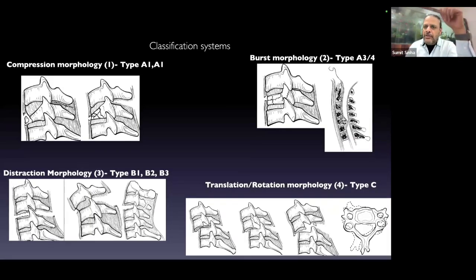So, starting with a slight recapitulation of what has already been discussed, and this is very, very important because when a patient comes with a cervical spine trauma, we have to carefully see the X-rays of that patient. Number one, I always tell my residents and fellows, always in spine, it is the most important thing to study the X-rays, and that too dynamic X-rays: flexion, extension, lateral, and AP X-rays.